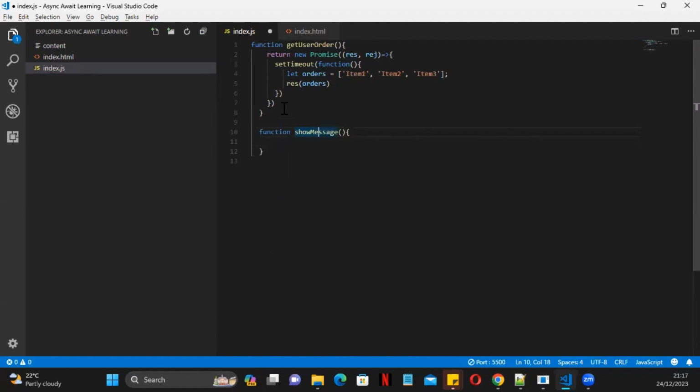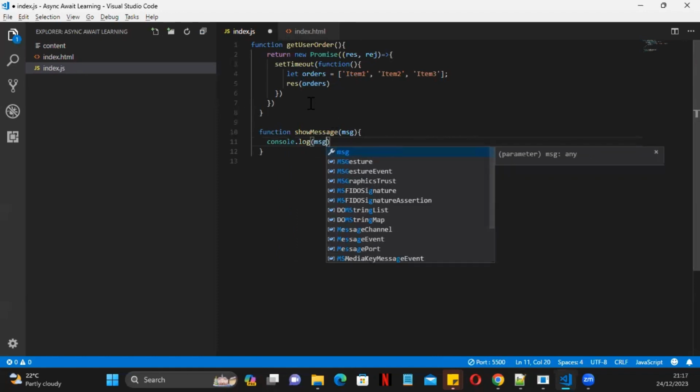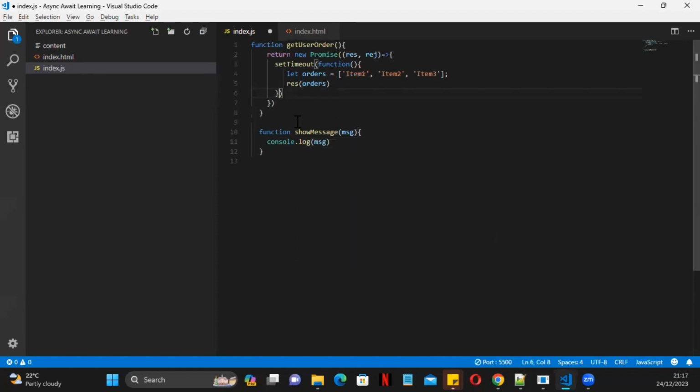Now I can have one more function. Let's see, show message, and this function's job is to just showcase the message, right? I will also add some timeout bit. Okay. Now think about, I have this function, process order, right? Now what I can do, I can say show message fetching orders, and then